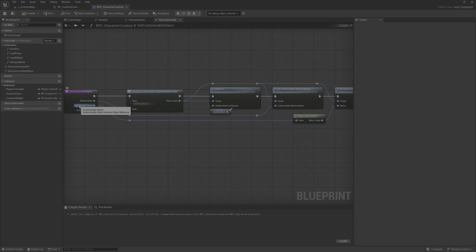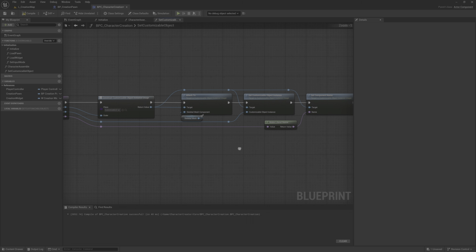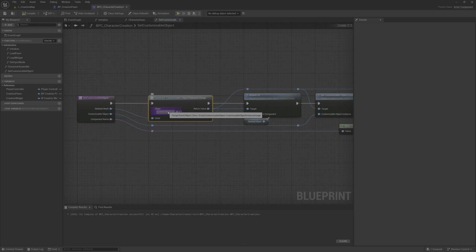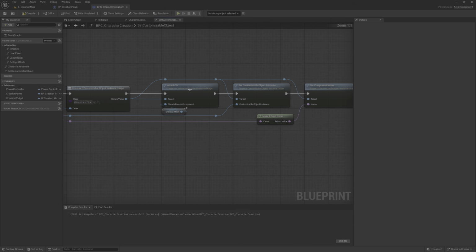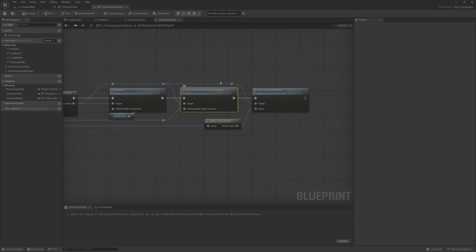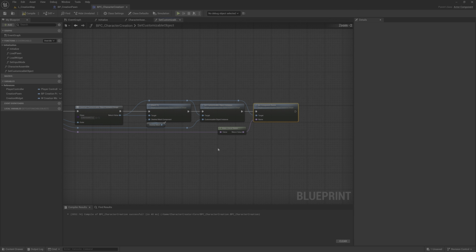Connect the customizable object here, and here, be careful, it's a customizable object instance usage, the same that we have here. Okay, and connect it to the set customizable object instance and the set component.